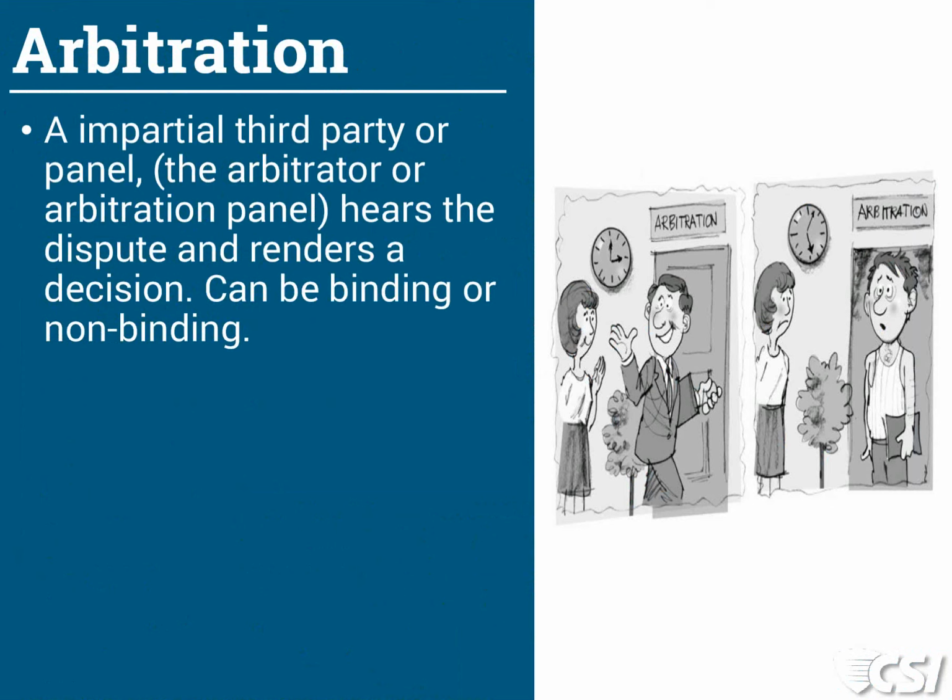It's a good point. We'll talk about the difference in the litigation here as we move into that third typical way that people resolve disputes. Arbitration is supposed to be an impartial party. Sometimes it's a panel, sometimes it's a single arbiter. They hear the dispute and render a decision. And you can decide whether it's binding or non-binding as you move through the process.